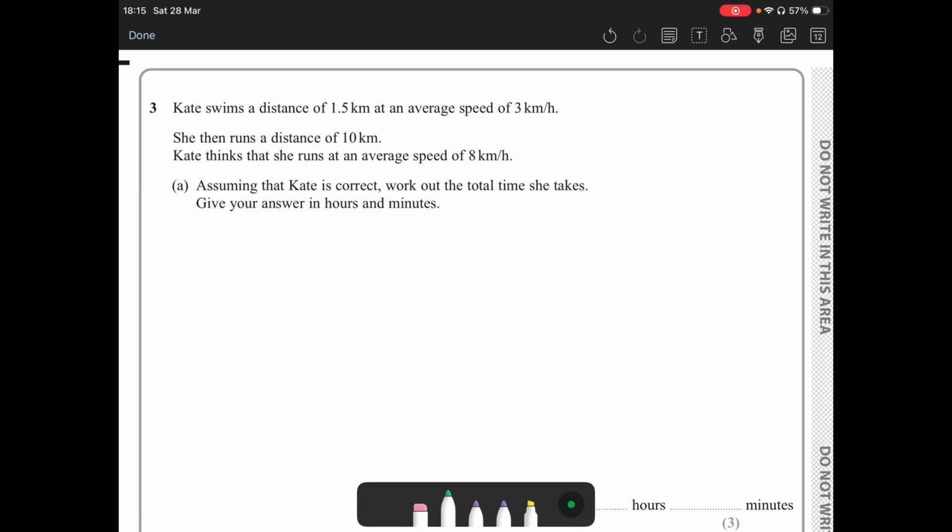Number 3, Kate swims. This is classic speed, distance, time, isn't it? And it wants the total time. Kate swims 1.5 kilometers at a speed of 3 kilometers per hour. So for the swimming part of her journey, the speed is 3, the distance is 1.5. I'm not going to bother with units here. The time, which you should remember is distance over speed, would have been